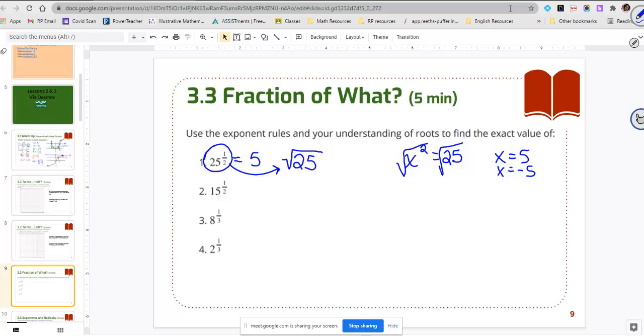In this way, instead of taking the square root of something to undo something squared, we saw that one way we could solve this is to square root x squared and to square root 25. A second way to solve it, though, is that if I took both sides to the 1/2 power,